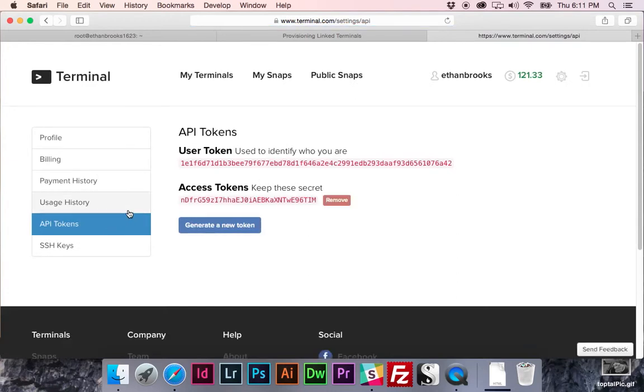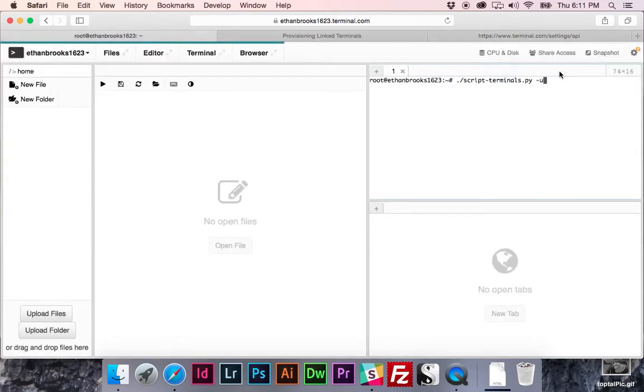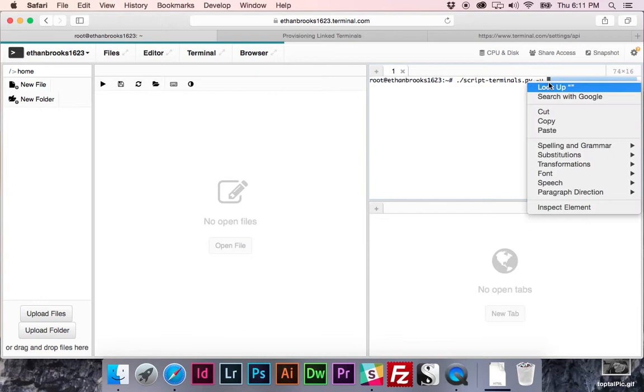Now, if you're doing what I'm doing and you're revealing these to the world on some kind of screencast, you're going to want to remove this access token and generate a new one when you're done, since this is supposed to be kept secret. But for now, I'm just going to go ahead and copy this user token, come over here, paste it,